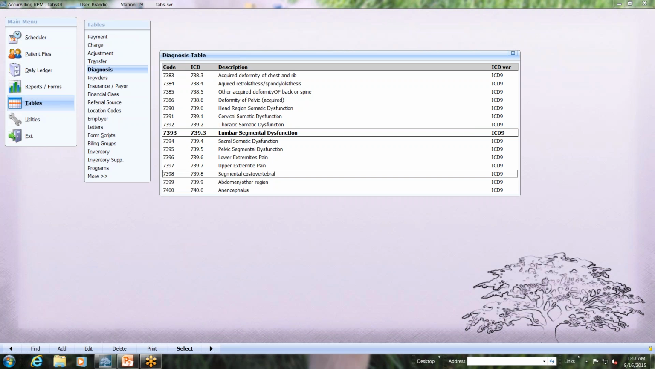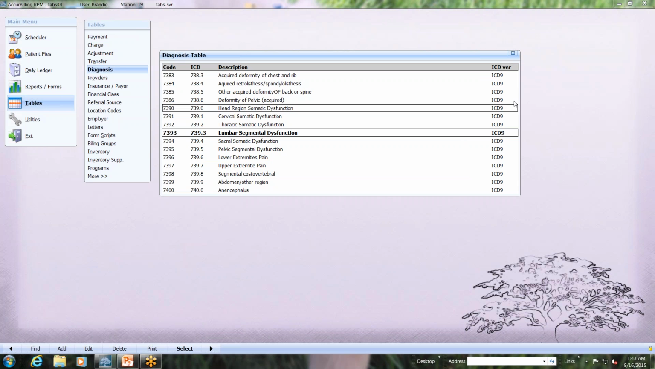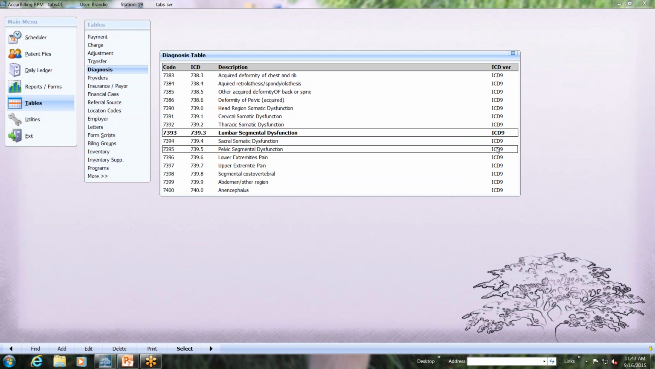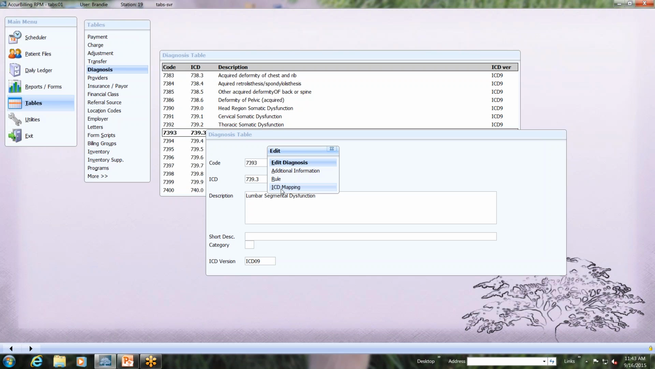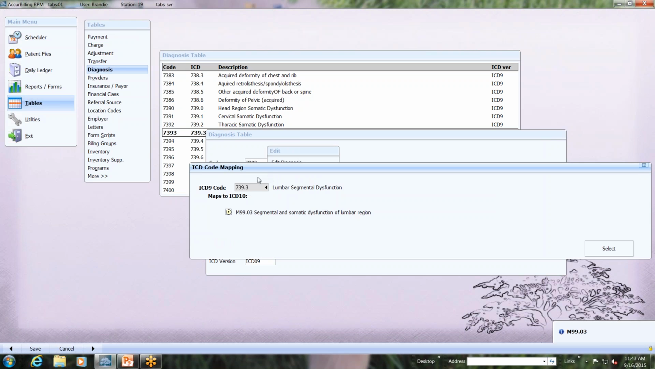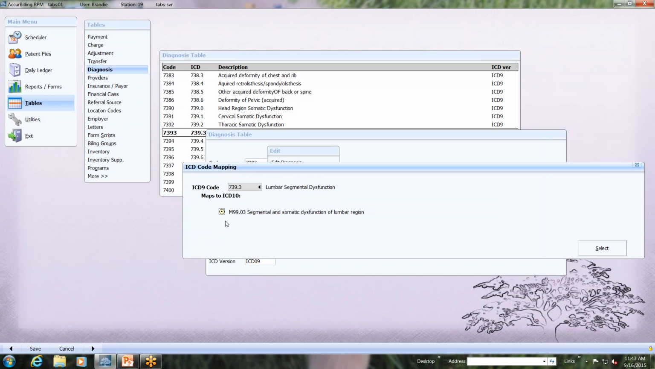You'll now notice a column in this table that identifies which ICD code set any particular diagnosis belongs to. So if we, for instance, look at a current ICD-9 code, we can actually click on that code. So in this example, I'm going to use the 7393. We can click on that code, and we're now presented with an ICD mapping tool. So if from this drop-down menu we select that ICD mapping, we can see that ICD-9 code 7393 best matches or best translates in ICD-10 to